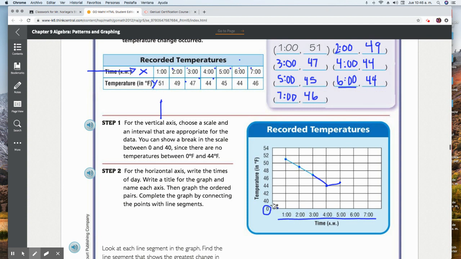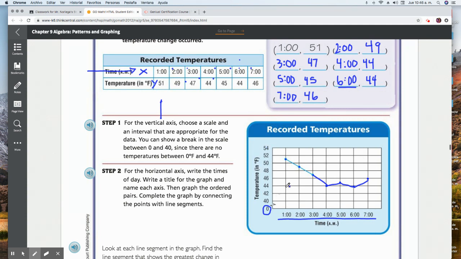It was 44. So with my pencil, I'm going to put it where it says 6 o'clock in the morning, and then I'm going to bring it up to where it says 44. So this line represents 44 as a temperature, and then I'm going to use a line segment to connect it. Okay, then the last one would be 7 o'clock in the morning, and the temperature was 46. So I'm going to move my pencil to 7 o'clock in the morning, and then move it up to where the line means 46. So this line right here means 46 as a temperature. I'm going to plot my point and then connect it with a line segment, and there you have it, a